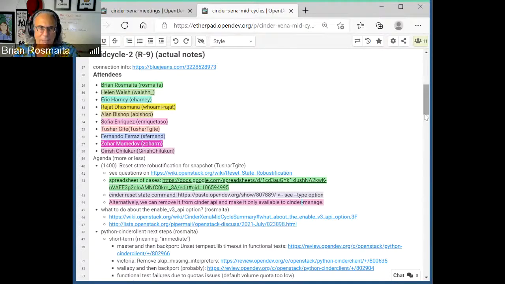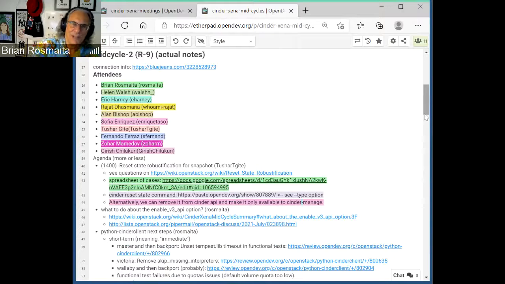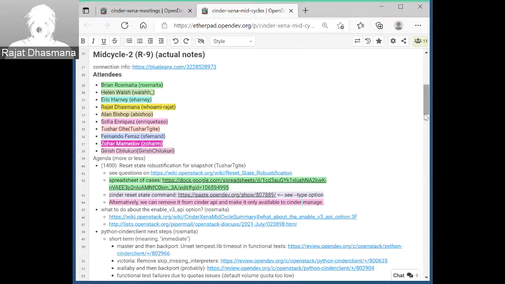Right, but I think the idea is the command would allow an operator or someone with the correct permissions to just reset the volume to available, even if it shouldn't be. So if a volume is stuck in attaching state, then we reset the volume state to available, then the code should do the terminate connection part, the remove export part, and calling OS script to disconnect the volume. So all these things should be done in that part.